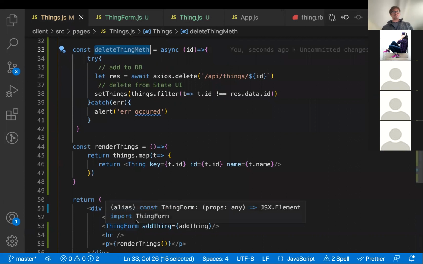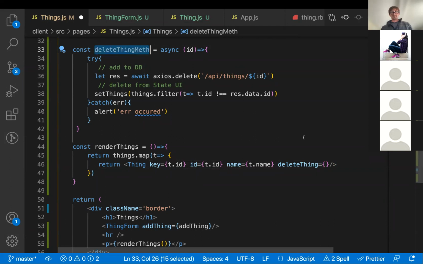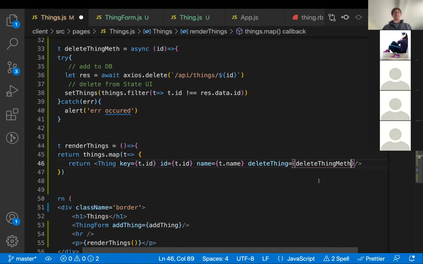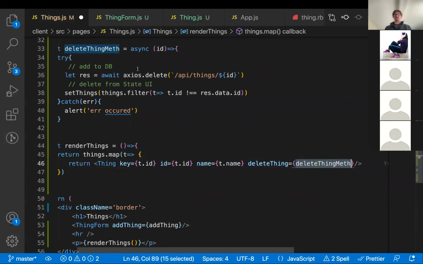So just like we did with the form, I need to pass it down as a prop. I'm going to call this delete thing. Set this equal to, I'm changing the method name so they're not the same. So the name of the prop is delete thing. The value is delete thing meth. So